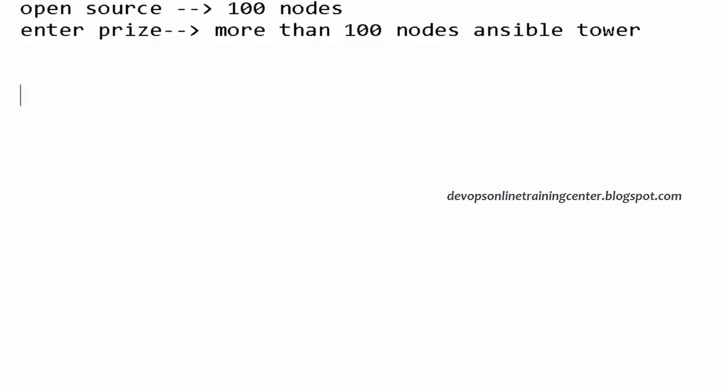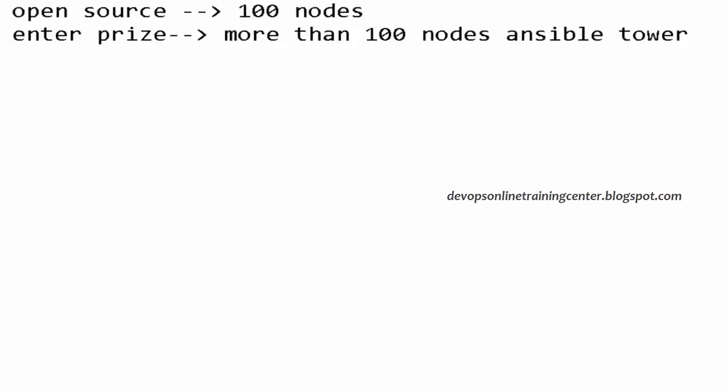so we don't have to install anything on the clients because it uses SSH internally for communication between the master and the agent, right? So if you have, let us say, 10 nodes, there is no point of using Ansible. What do you mean? Yeah, this is the advantage which it has, but for other tools we need to install on both the server and the clients, but that's a one-time job.